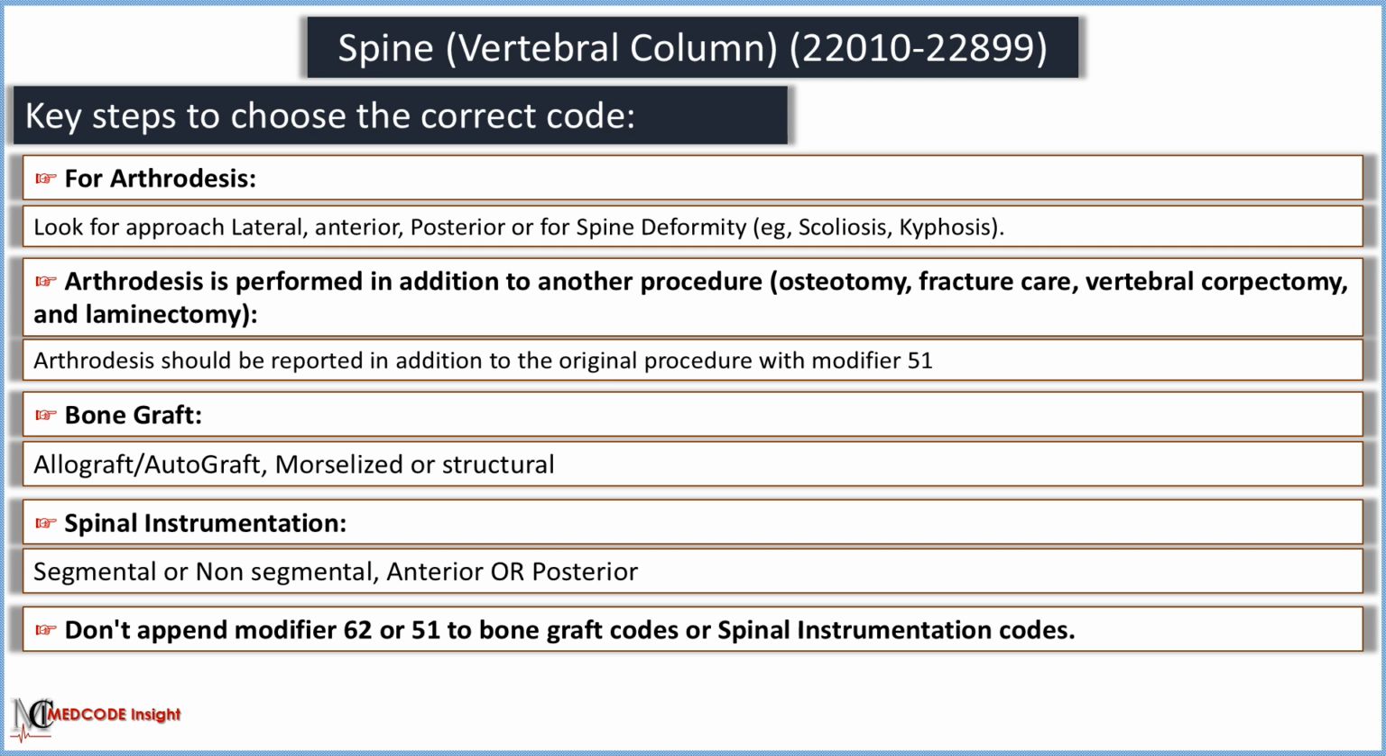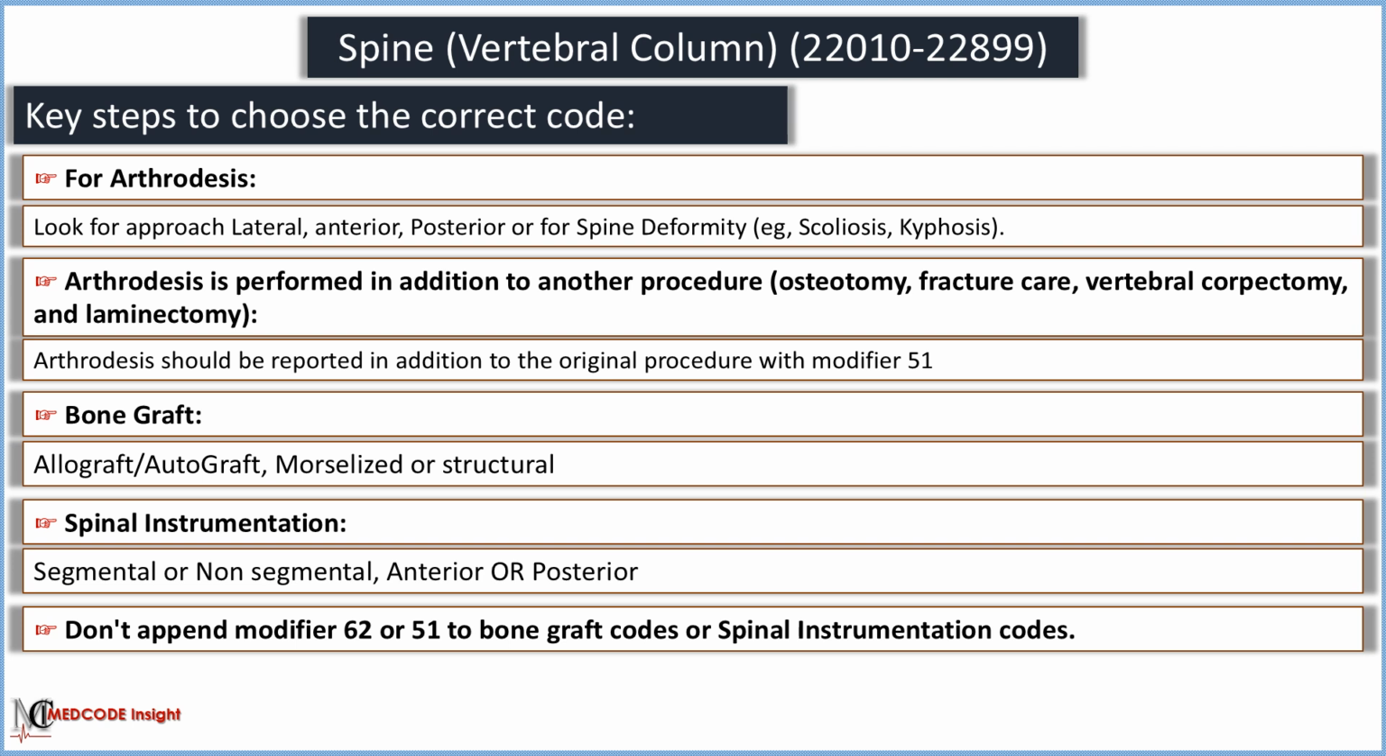To select the correct code quickly within a minute, follow these key steps. For the orthodesis, choose the code based on the approach. It may be lateral, anterior, posterior, or for spinal deformities like scoliosis or kyphosis. If orthodesis is performed with additional procedures like osteotomy, fracture care, vertebral corpectomy, or laminectomy, report the orthodesis code with